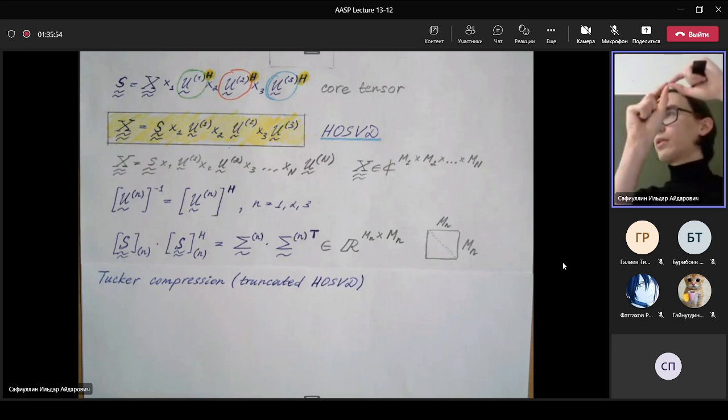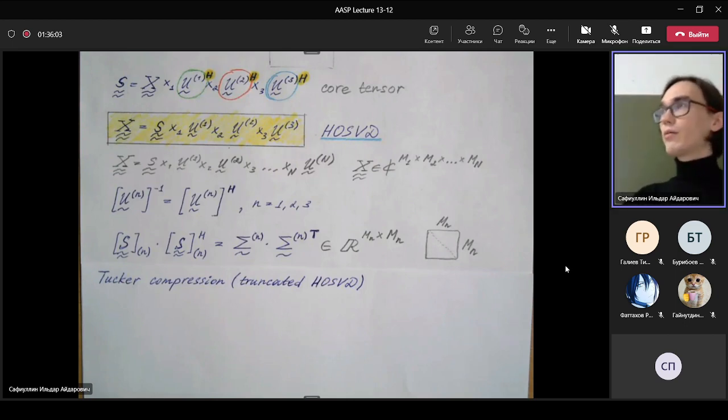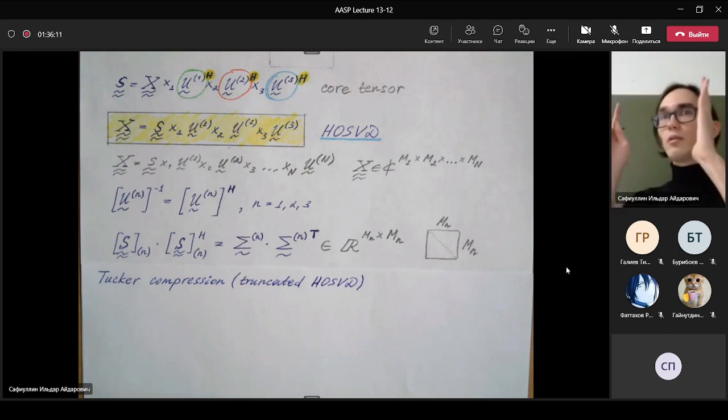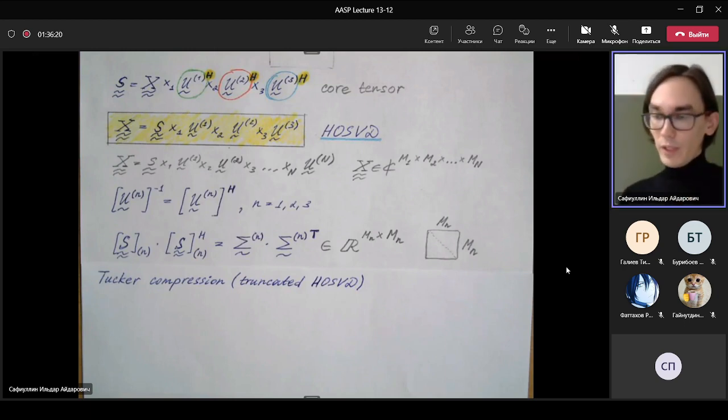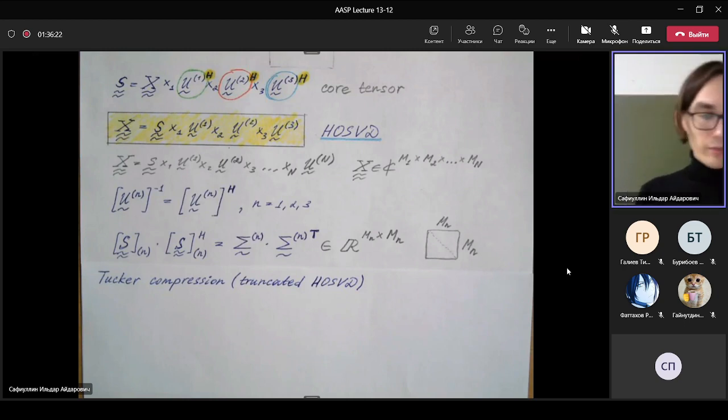So you have some signal subspace of these singular values, then you have this big gap, and then the rest of the singular values, which is the noise subspace. And you can say, okay, here I have the signal components, and the rest of the data is noisy, and you just truncate it. And here we have the same idea, but